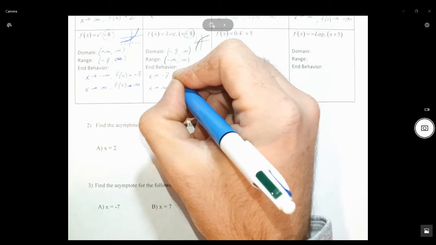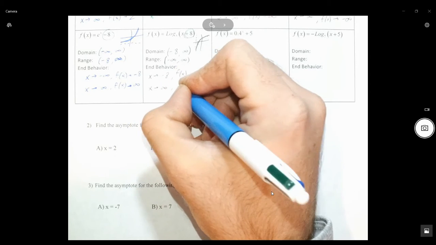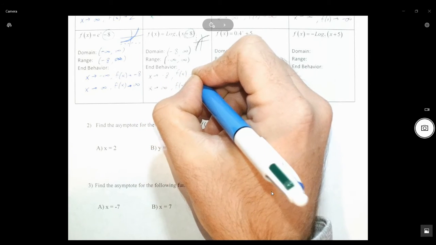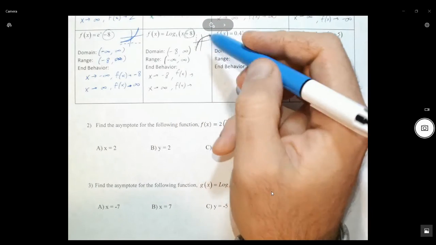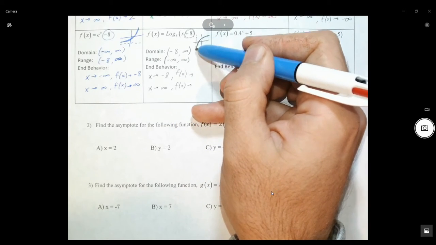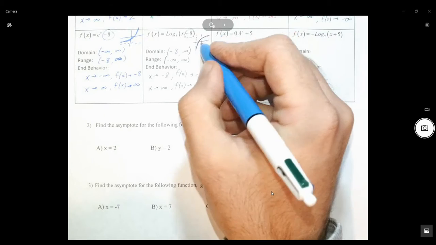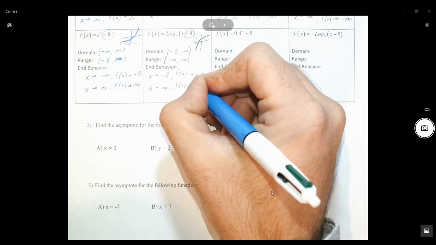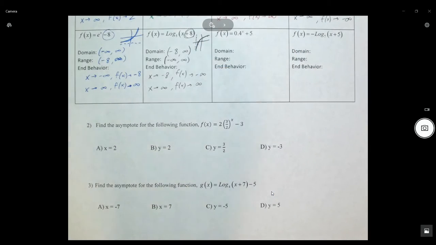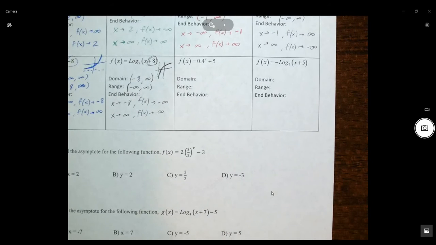set up with your domain. Alright, -8. When I get close to this left wall, I'm going down, so that's negative infinity. And then when I go to positive infinity, I'm also going to positive infinity, which is right and up. Alright, moving on